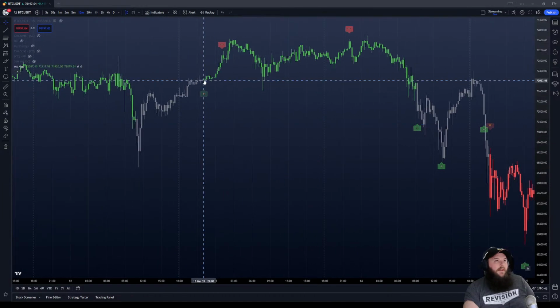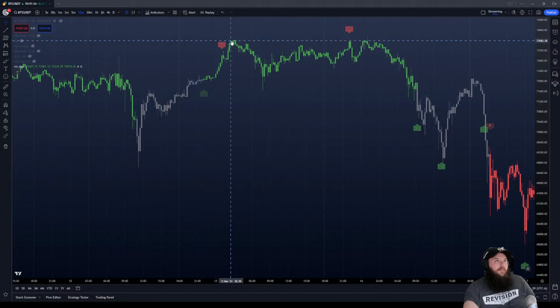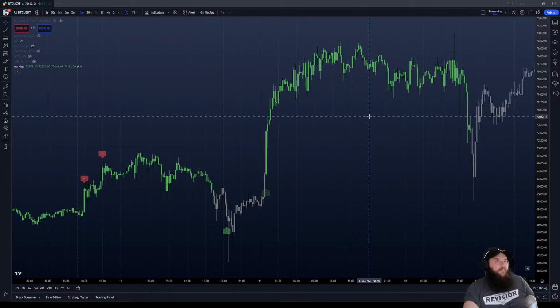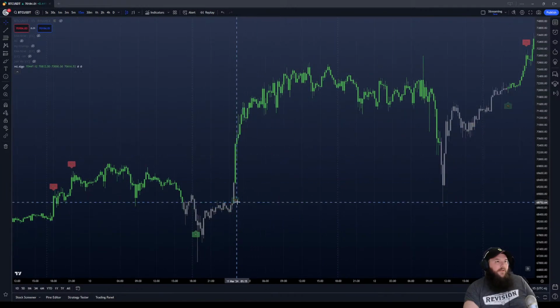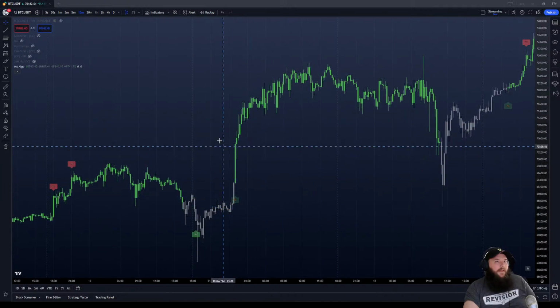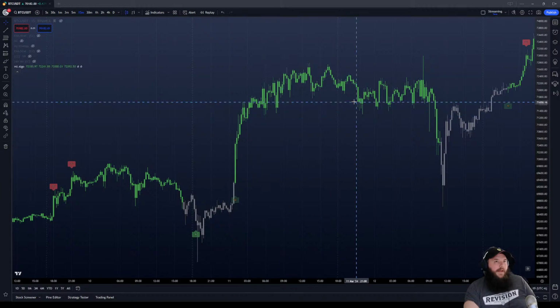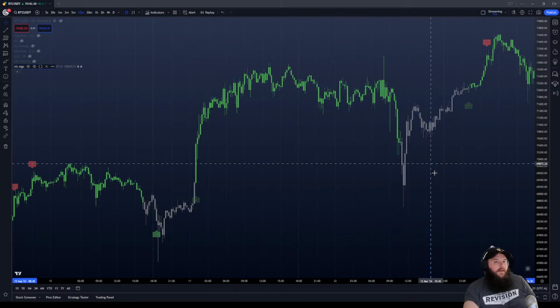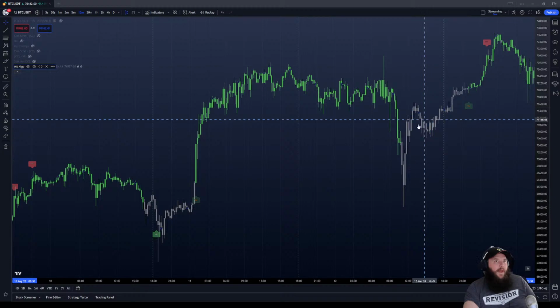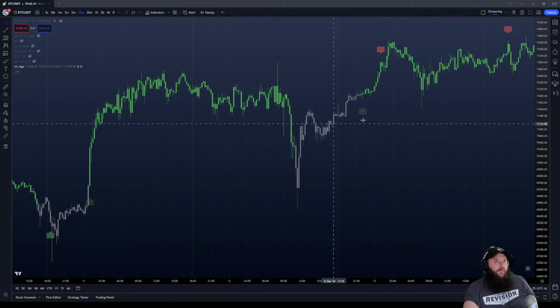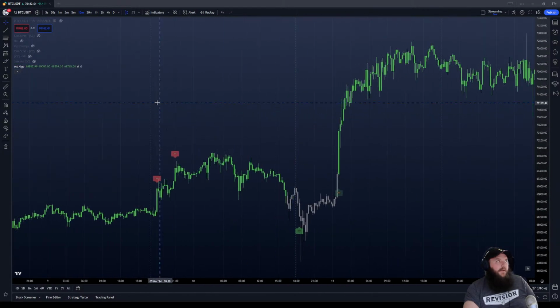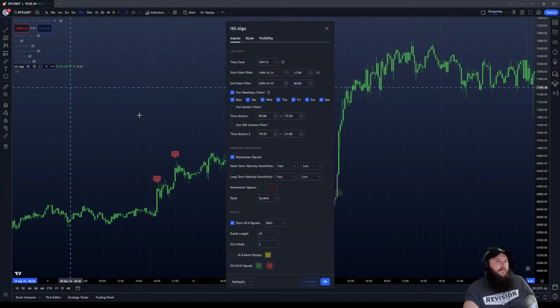This one would have made a quick buck right at the gate, but then it kind of bounced around for a little bit. And that's kind of the story for a few others. This one's not too bad. You get an entry signal right here, and then it follows it up. It does chop around a little bit, and then it changes back into a neutral trend before going back into the bullish trend. But so you can see that's how those settings affect